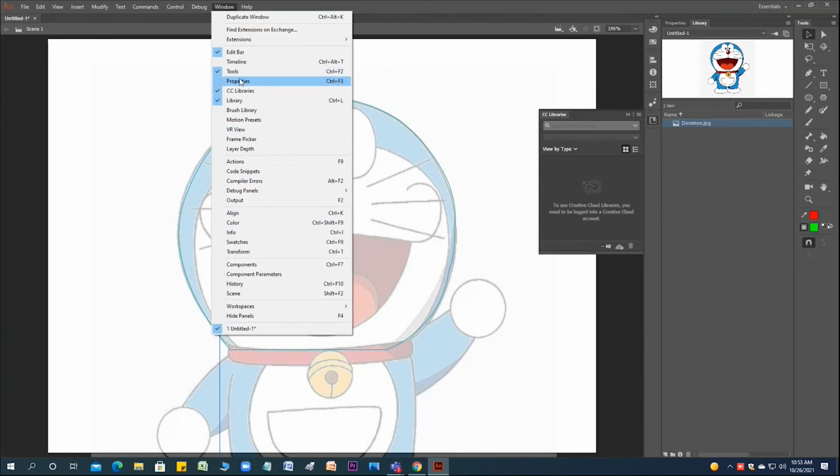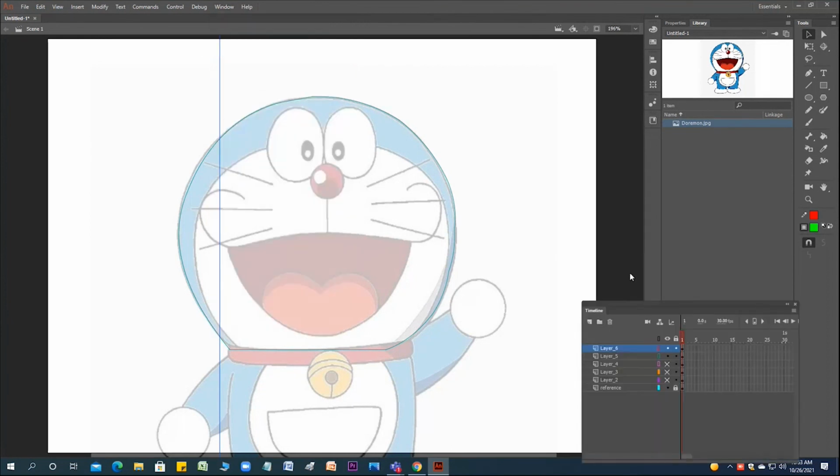Then again go to this one, the timeline. So the timeline is here, the layer system. The very first should be your reference. Lock it so that it does not move here and there. Then layers 1, 2, 3, 4, different things are there. So you can go for the blue one, then the white one, then the red one, and then the tongue, nose, eyes, and so on. So focus on the head only today. And once you have practiced this, slowly we'll go for a complex character.